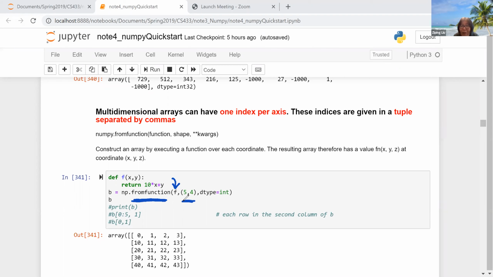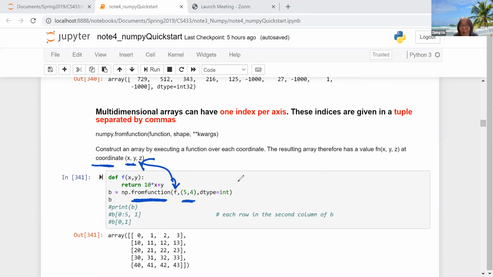And this is kind of like you specify a coordinate. So it's going to generate new coordinates as X, Y, and Z. So Z will be from this F, the calculated result, based on